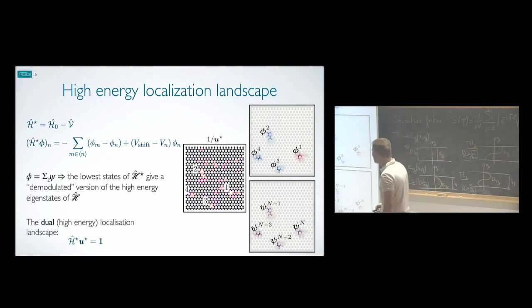And this is exactly what we did. So we calculate the landscape associated to this operator, which can be considered as the dual version of the original one, which is high energy for the original problem. And we obtain basins in this landscape exactly at the positions of the original eigenstates. Okay, so this is for the position of the eigenstate, but we can do